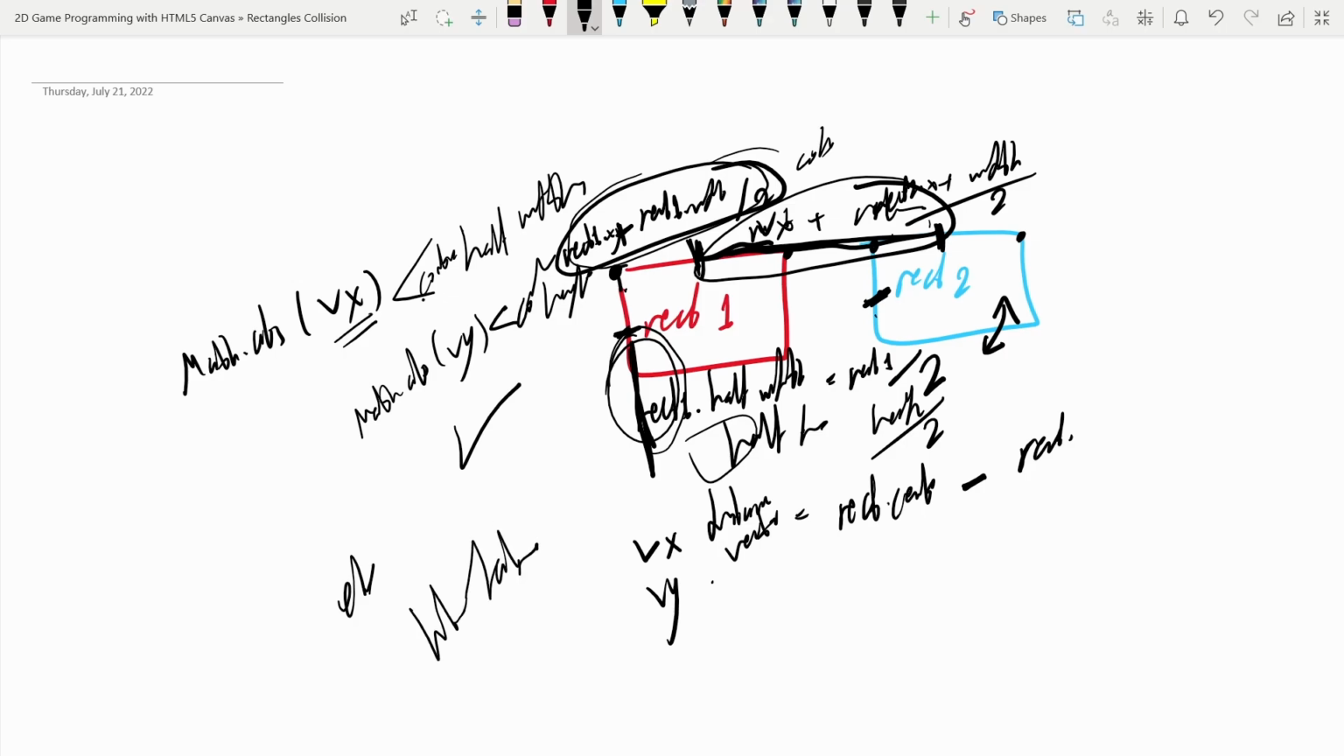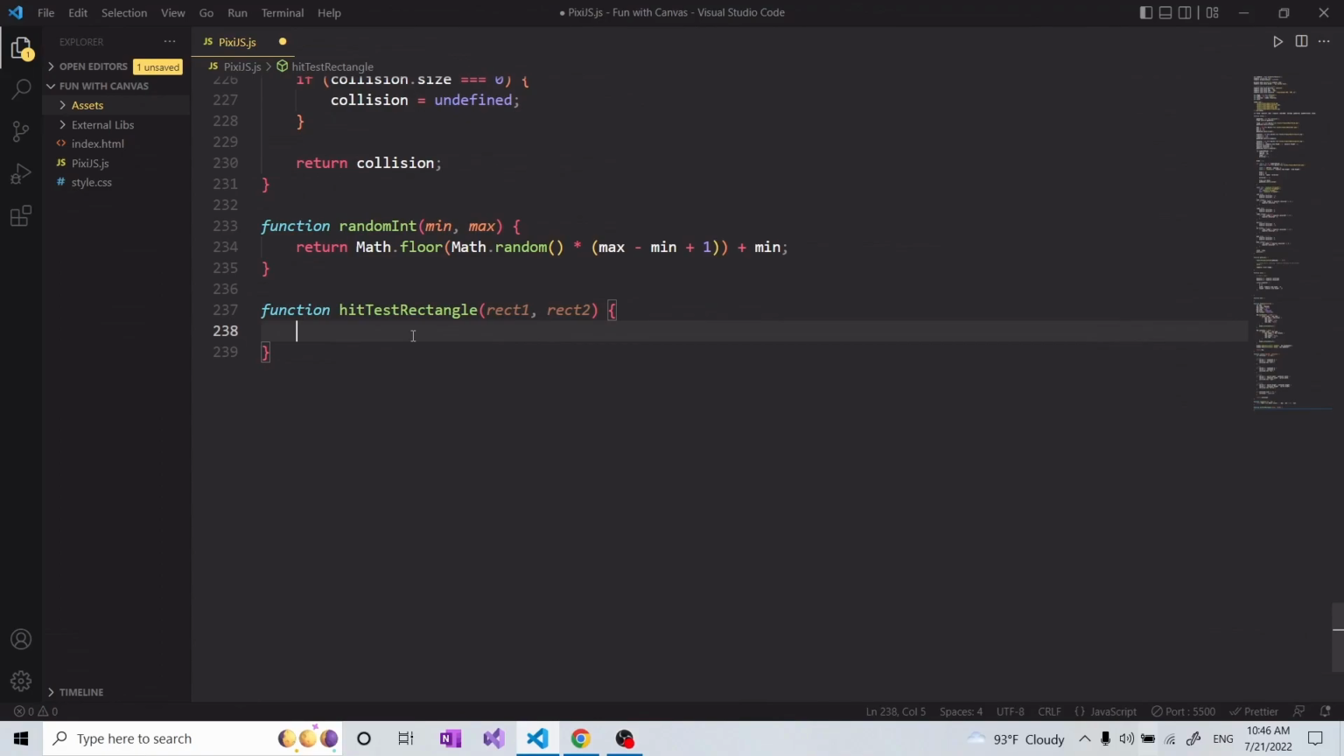This is an easier way. I hope that makes sense. We're going to code that one, and maybe you're going to understand it more. But I hope this explains it, and I'll see you where we're going to continue with checking the collision of these two rectangles. Okay, hello again, and now we're going to continue with implementing this hit test rectangle function